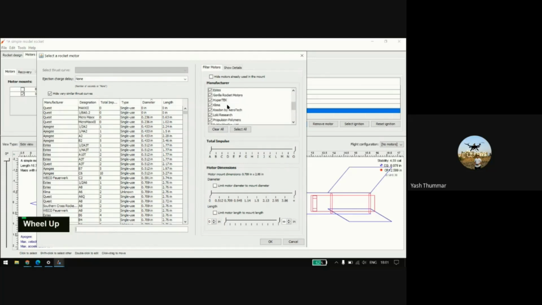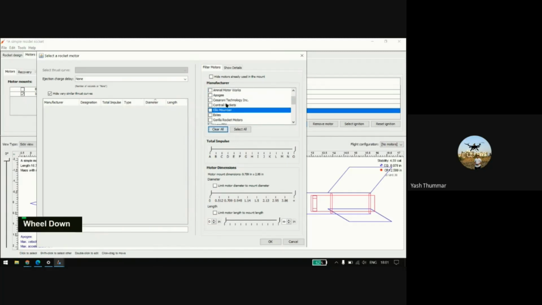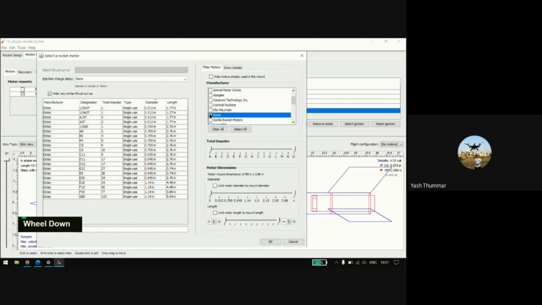And if you have to go with some specific one, it's available locally in the market. So you simply clear all and go with this. Okay, and now you can go with this total impulse. It's specified in this total impulse in ABCD form, and the diameter is also specified here.